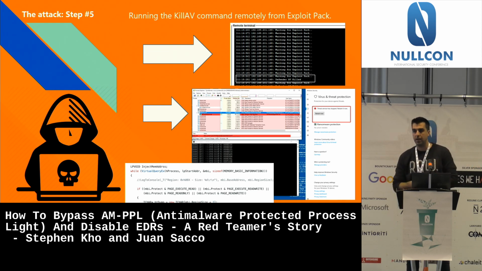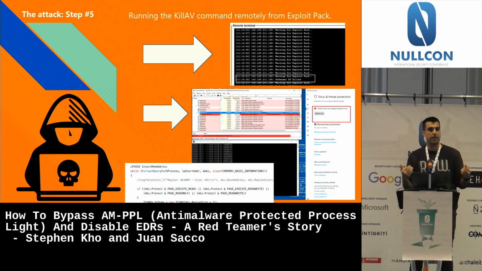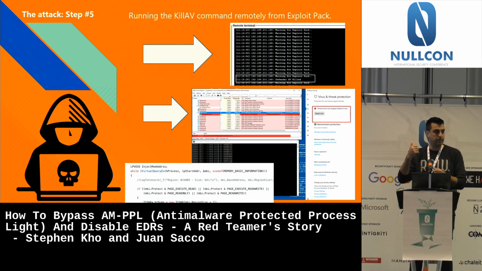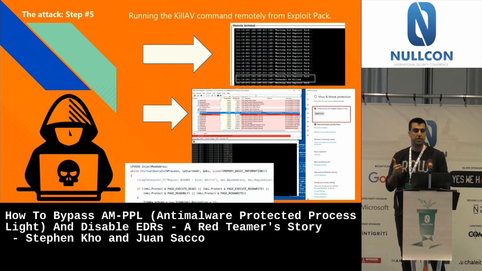In the case of ATP, are they running an investigation if the antivirus is off? Because there is also a keep alive. If the antivirus or the monitoring and everything is off, that will trigger an investigation. So you need to decide prior to launching this post-exploitation attack what you need to do.